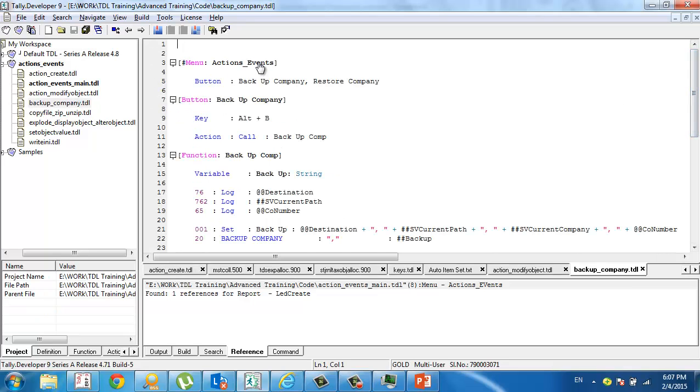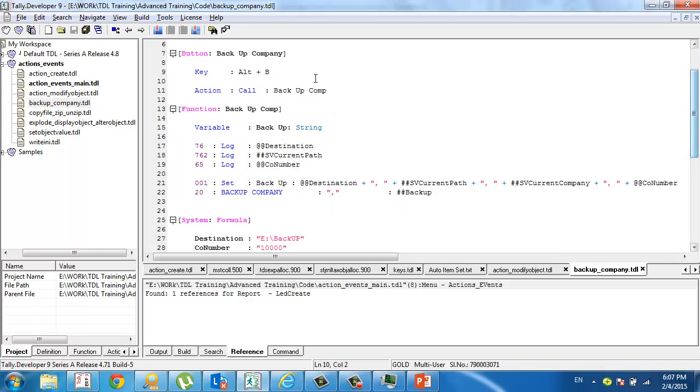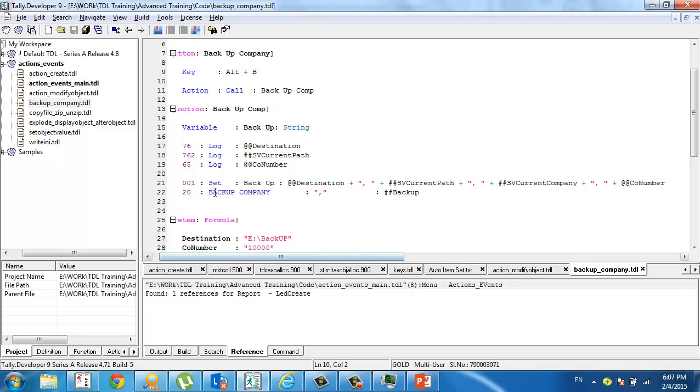So I have a button added in my menu, and what the button does is it's calling a function, and in this function I have used the action backup company and have used the separator character comma, and the string formula I have